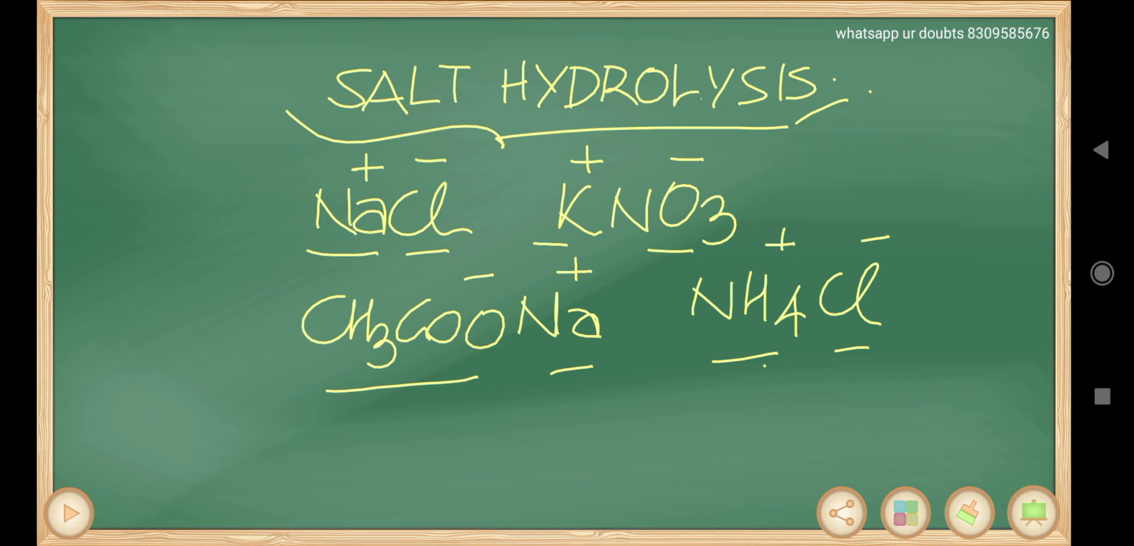We have four different types of salts: salts of strong acid and strong base, salts of weak acid and weak base, salts of strong acid and weak base, and salts of weak acid and strong base. About all these we'll discuss in detail. So in hydrolysis of salts, we are going to see